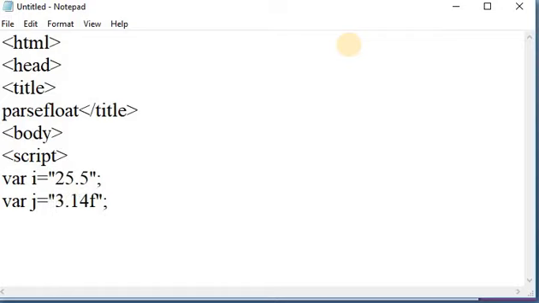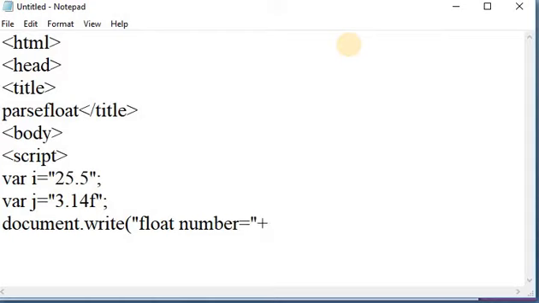After that, I am printing this i and j on a web page, that is document dot write, here float number is equal to parseFloat. Take f as uppercase, f in an uppercase letter.